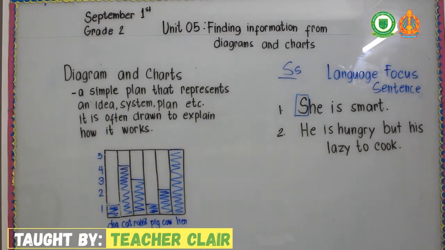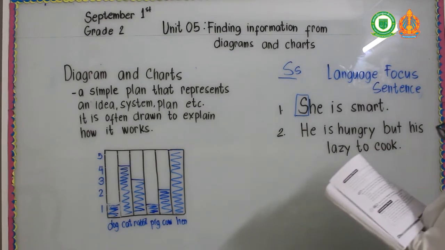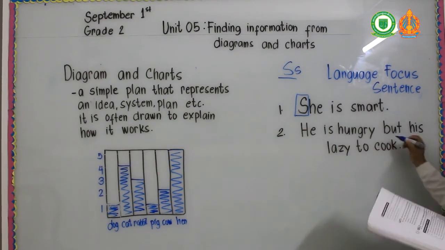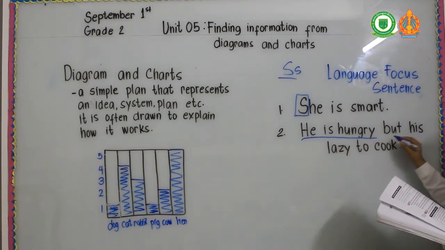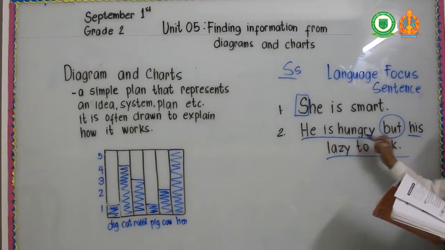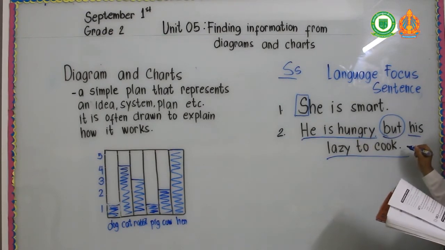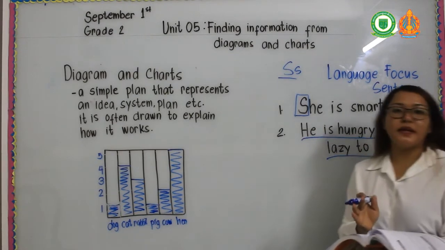So in this sentence, I want to discuss more that sometimes we can use some words like and. So if you want to follow me, it's on your book on page 102. So in this sentence, he is hungry, but he's lazy to cook. So this is one sentence. This can be one sentence. So as you can see, there are two independent